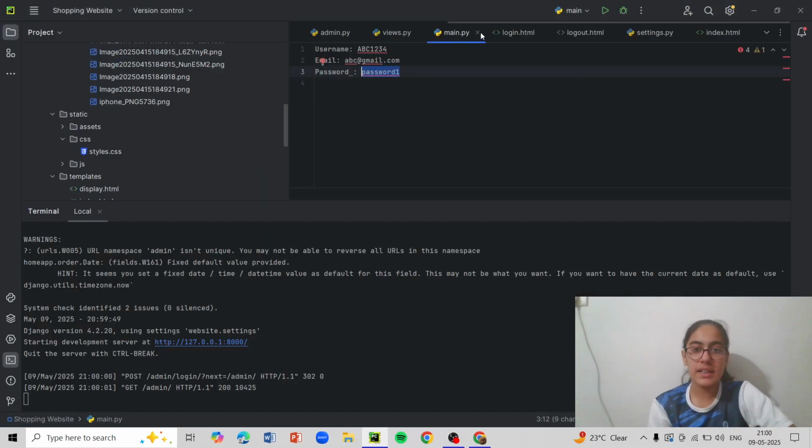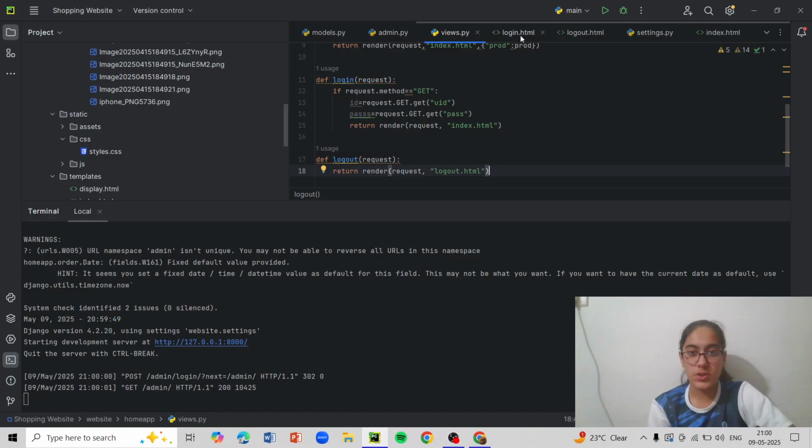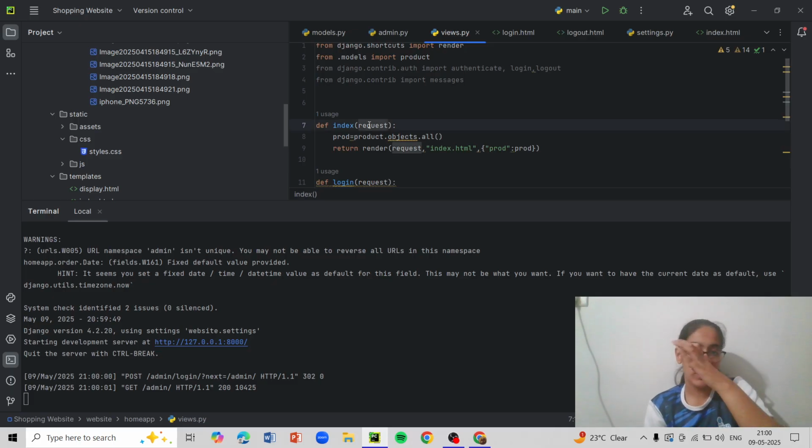Now what this index is basically, I'll show you in my views again. This is index. So what this does is basically takes the index template which we took from Google Bootstrap. I told you how to download it in my previous video. What it does is it takes this index template and then installs it into the device. So that way it's super easy to communicate through all of these small things.